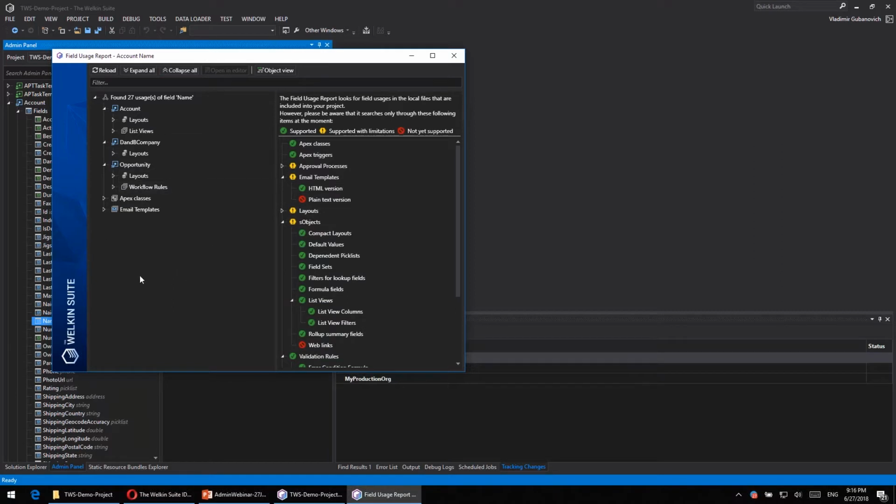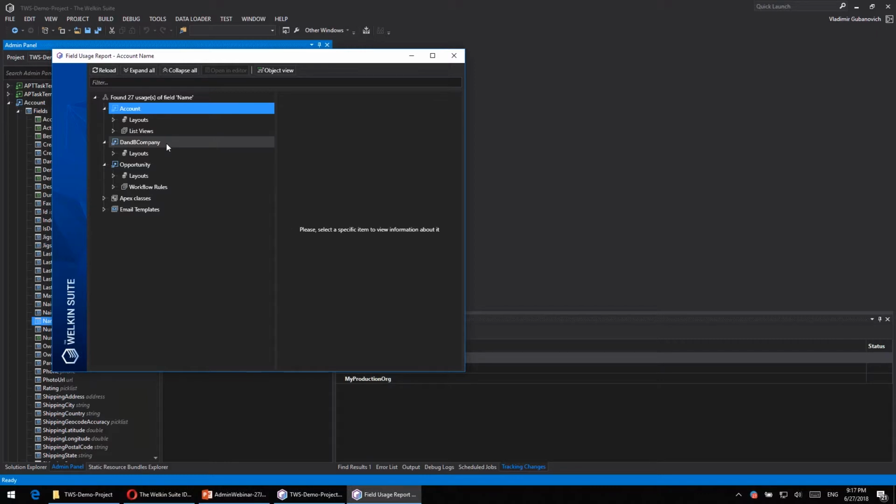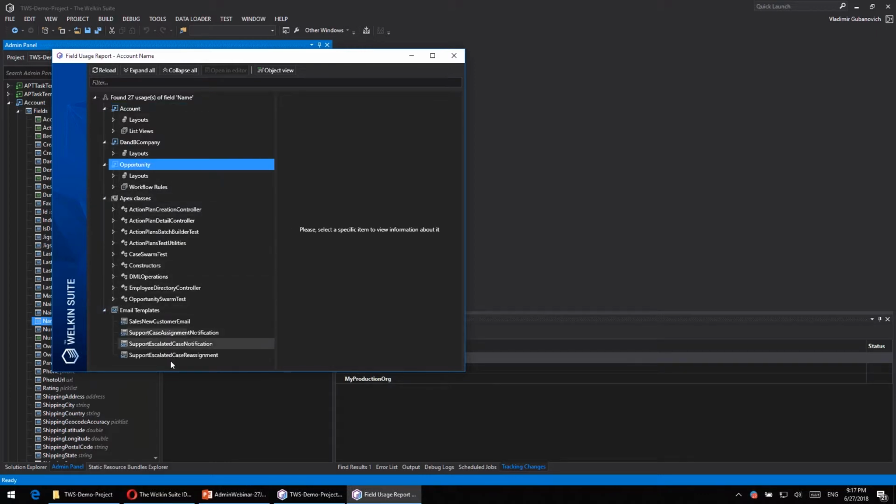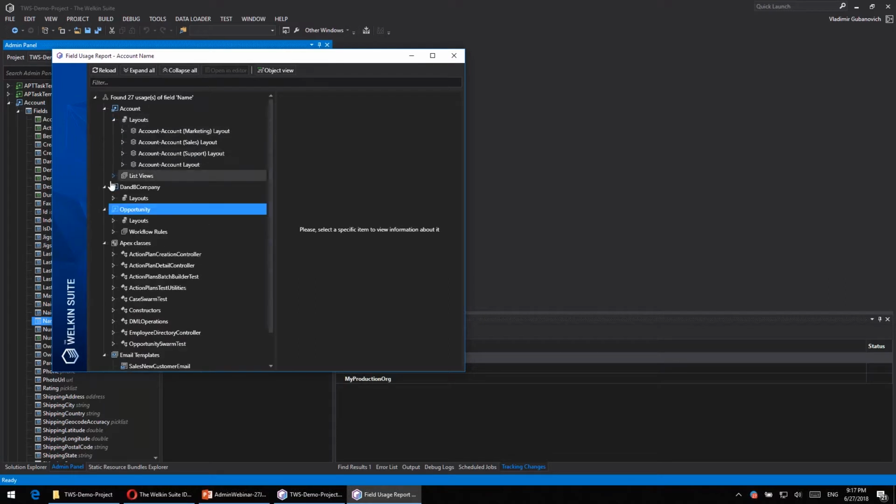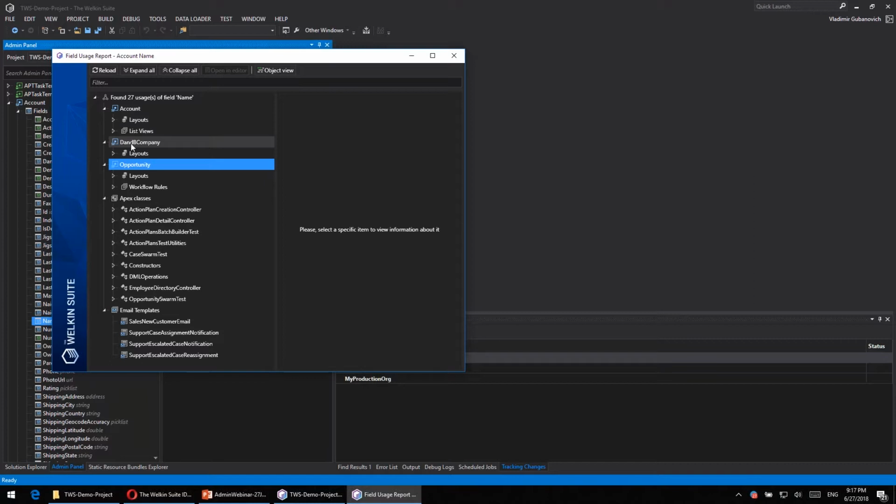So let's get back to the report on the left side. On the left side, we can see that we have found 27 usages of the account.name. We see that it's used in a couple of different objects, like in the account itself, in the D&B company, in the opportunity, and in a couple of Apex classes and email templates. A lot of places. But even at a quick glance, it looks like it doesn't impact too much logic. It's only used in Apex classes, but everywhere else it's used only for displaying something. I will show you another field as a great example, but